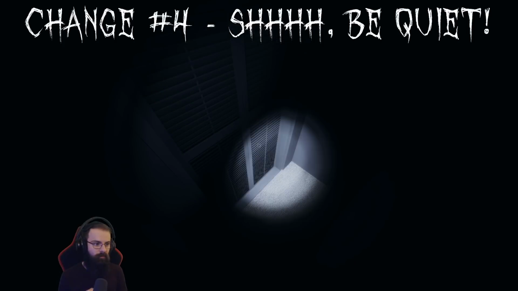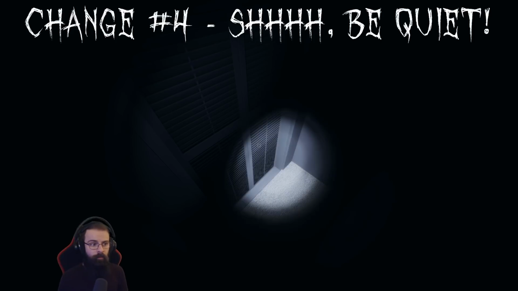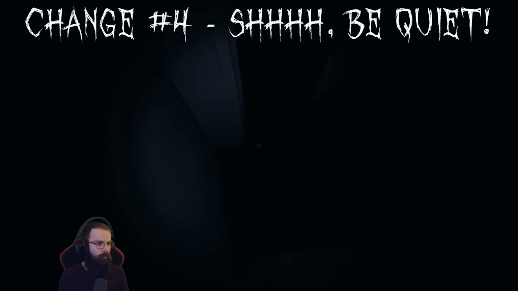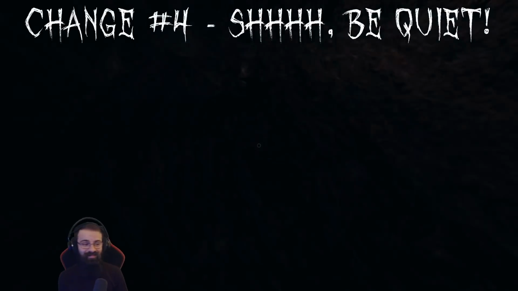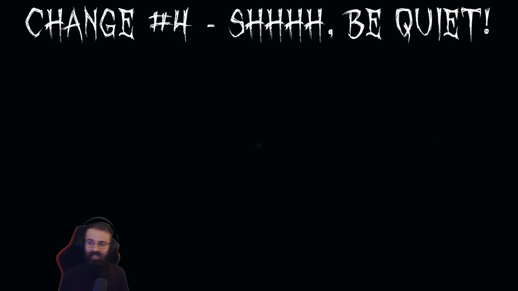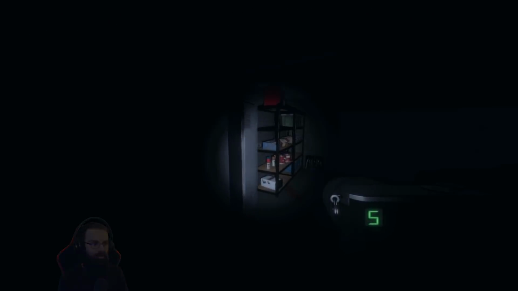Change number 4. If you keep talking inside a locker or closet, and the ghost can hear you, it now fully opens both closet or locker doors on its second attempt, even if you are grabbing them. There is now a huge emphasis on staying quiet in order to survive when hiding, which really does add to the horror element. This is especially important when playing solo, as the ghost hears you the whole time, regardless of